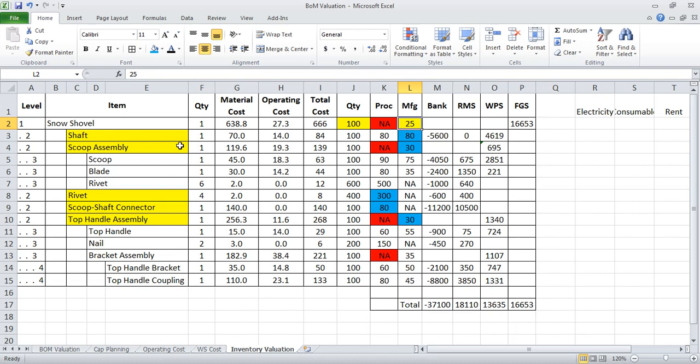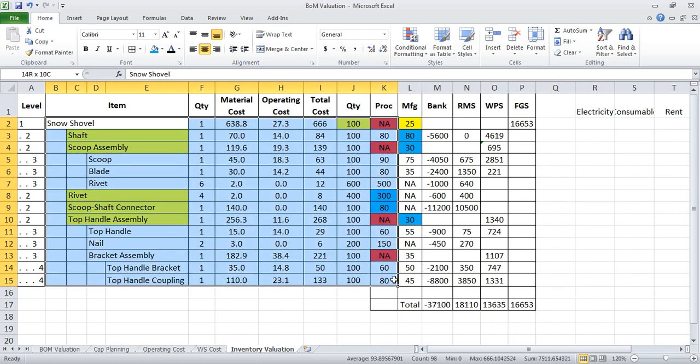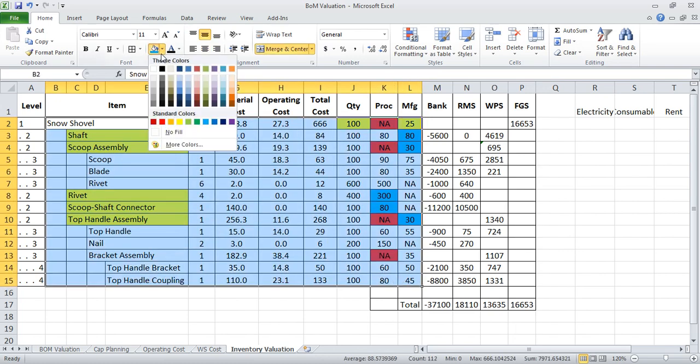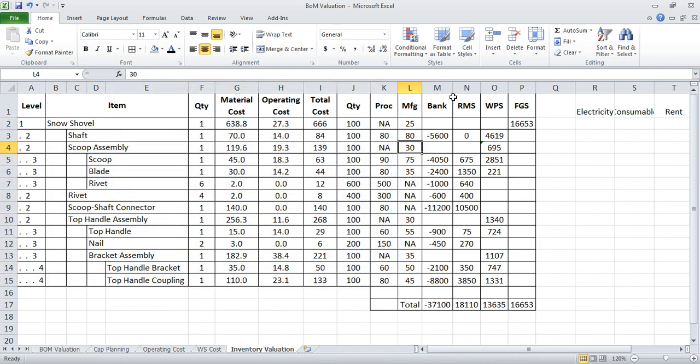So this is the scenario what I have, and for this scenario we have to prepare the inventory level at raw material store, at work in progress store, and at finished goods stores. Also we need to check when we bought the raw material, how much the bank account was reduced in terms of rupees. So I'll first explain the bank account numbers, how these numbers have been derived.